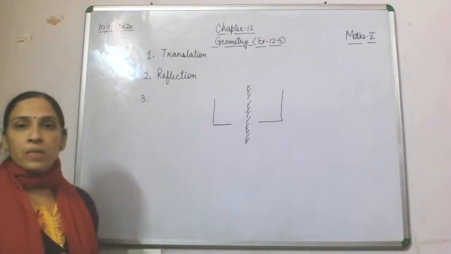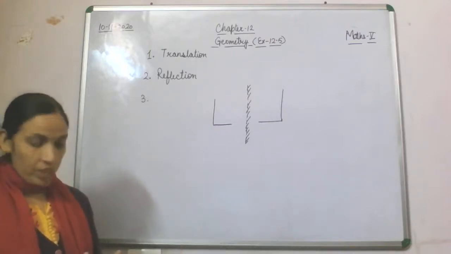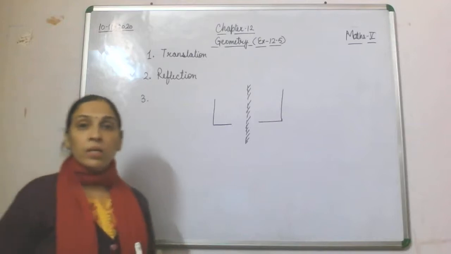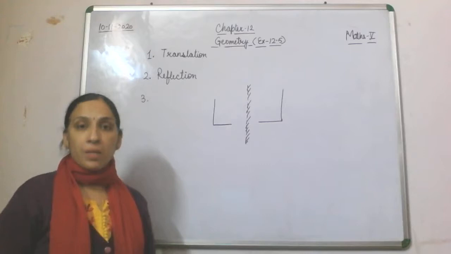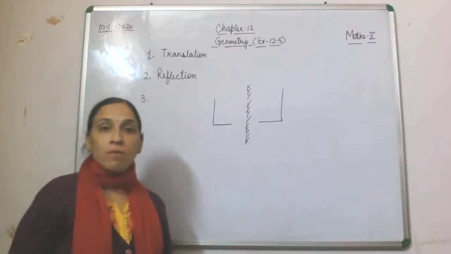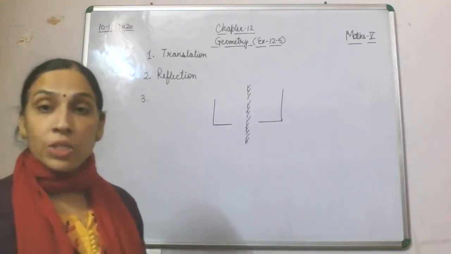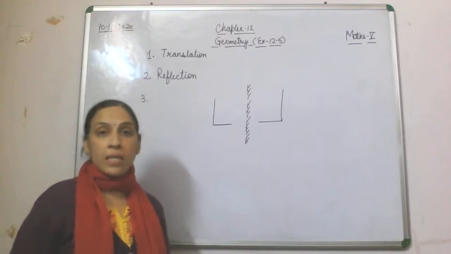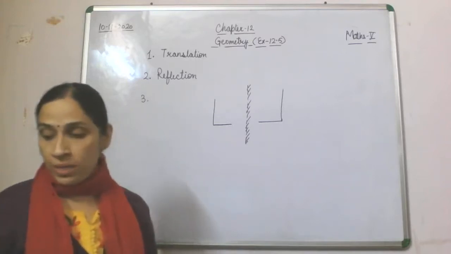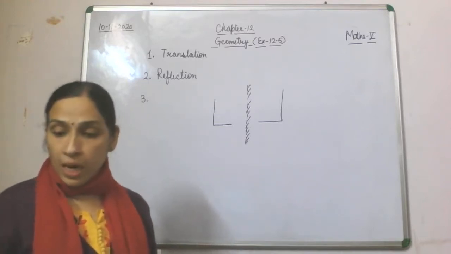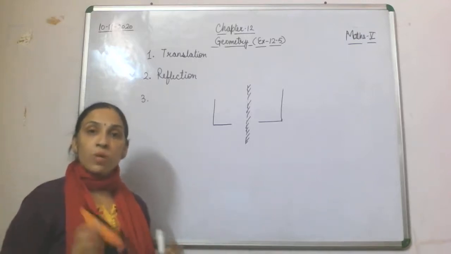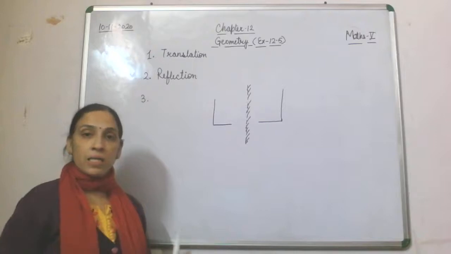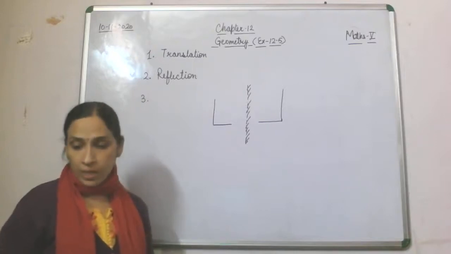Opposite of that. Fine. So that is what? Reflection. When you see your reflection in the mirror, that is reflection. In fact, when you see the reflection in the water also, that is again an example of reflection only. If you see the Taj Mahal in the Yamuna river, whatever you can see there is the reflection of the original.